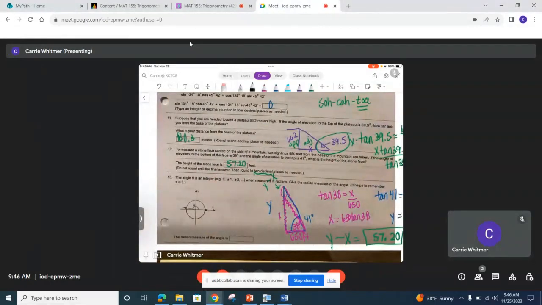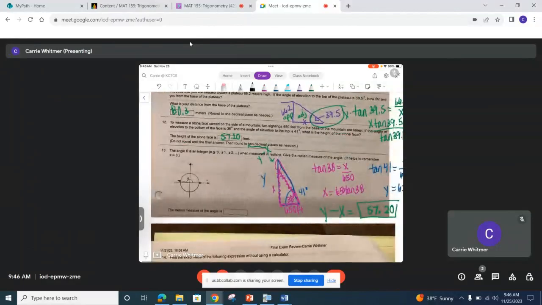Okay, then number 13, the angle is an integer when measured in radians. Give the radian measure of the angle. And we know that pi would be right here, and that's 3.14. So this here,